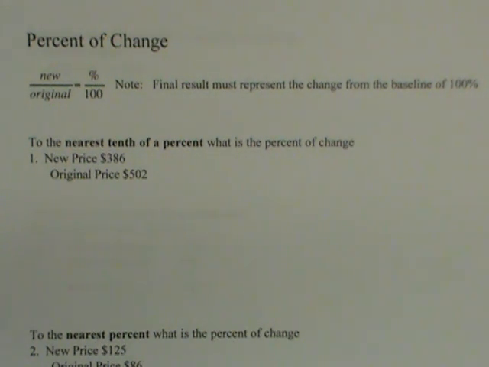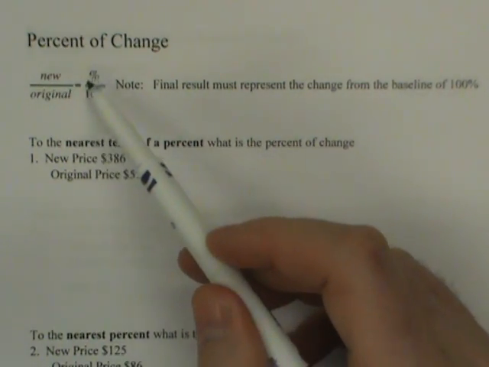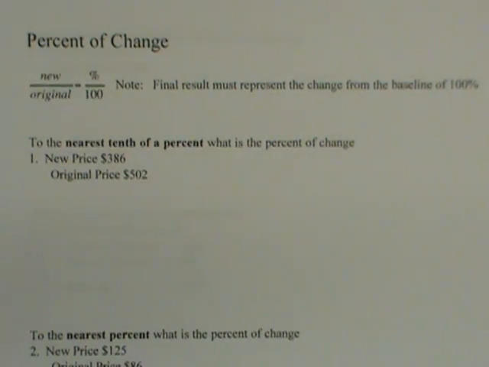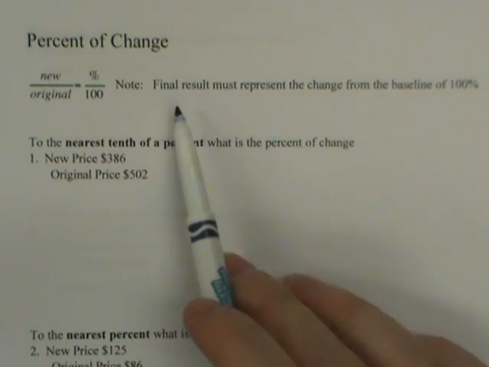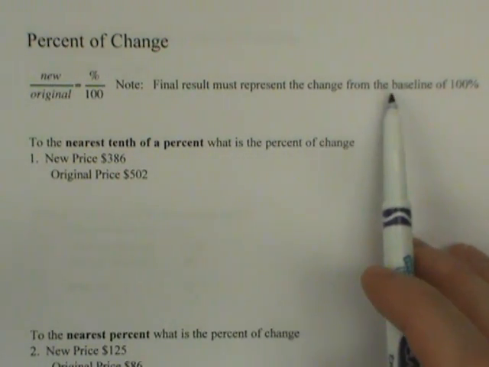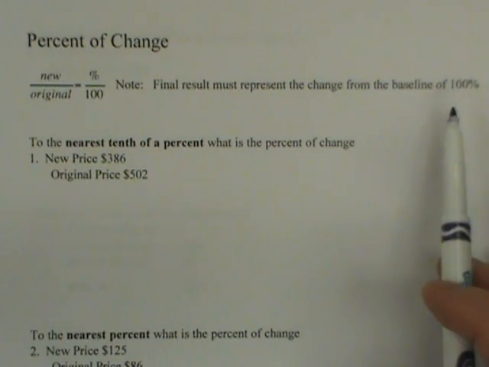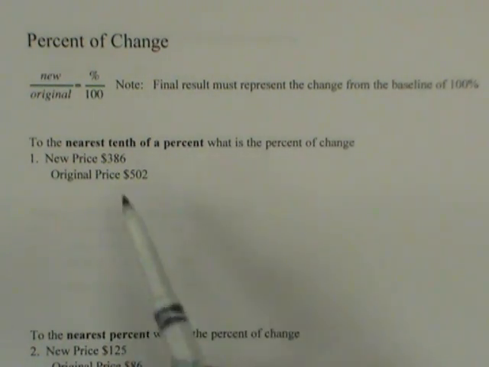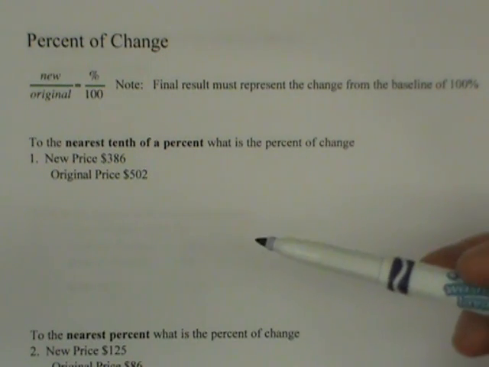We have several examples for percent of change. The formula associated with percent of change is new over original equal percent over 100. I did leave a note here that says final result must represent the change from a baseline of 100%. How that translates is once you solve your problem, you then have to go back and see how the change